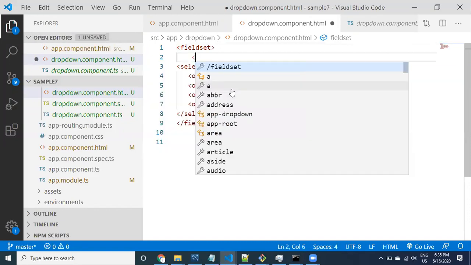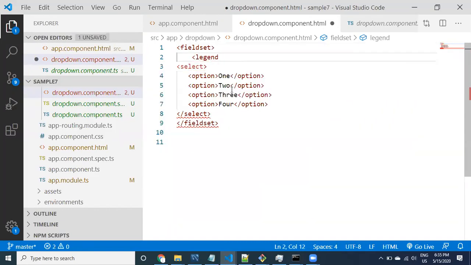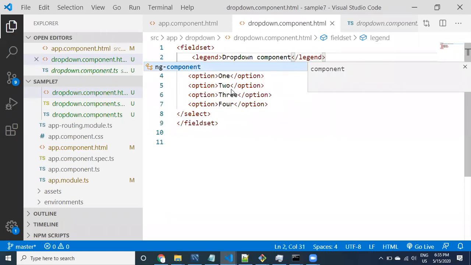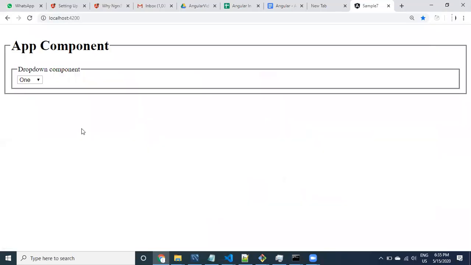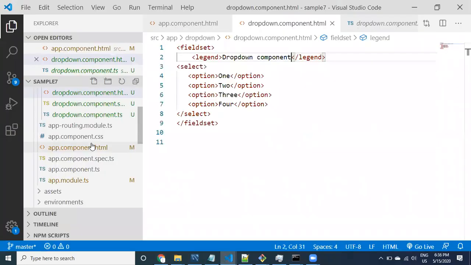I just want to display the border to explain which component is available inside another component. That's it, guys. Here I can say legend, what is this? This is a child component, and this can be called drop down component. Let's see here, guys, how it is going to display now. See here, this is a parent component, and this is a drop down component. You can pass the data from parent component to child component. How can I pass the data? Using @Input. All right, let us go to the input.